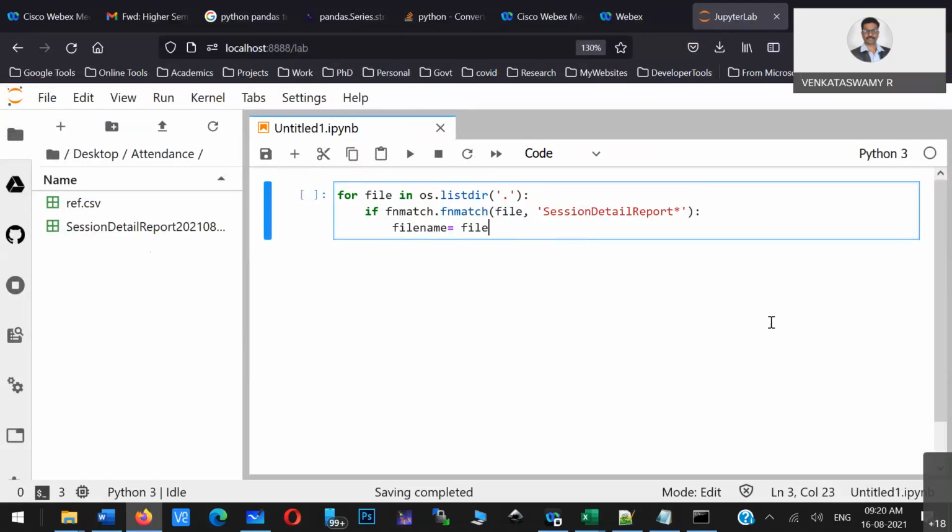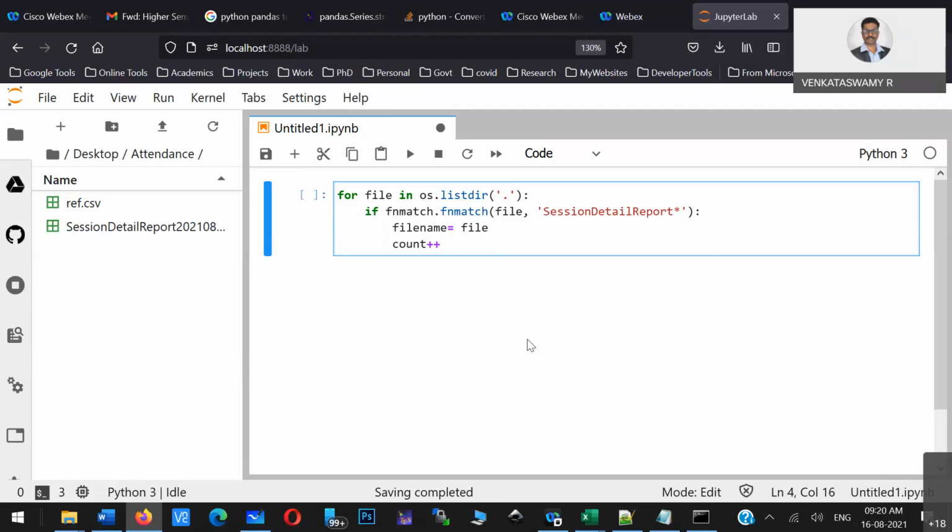If multiple files are there, then you have to come up with a strategy. You may have to repeat this particular attendance report that many number of times. You may have to keep a count: whenever the file name repeats, say for example two repeats, increase the counter, and then you just emulate this particular program that many number of times, and you will get two sets of register numbers, correct?